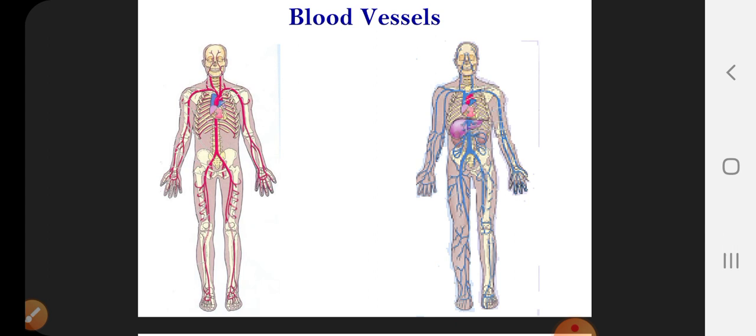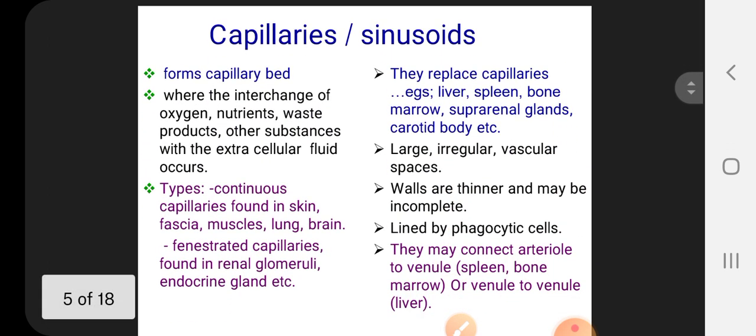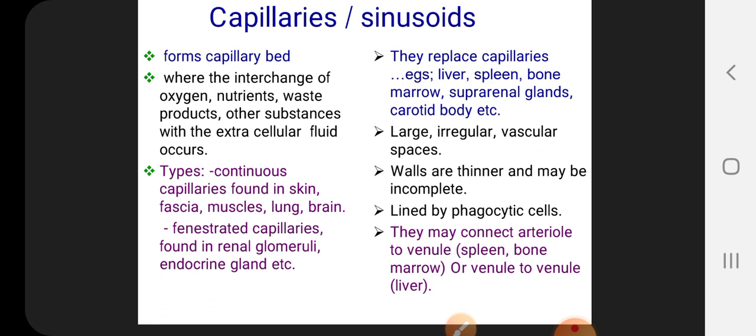So in this diagram we can see two types of blood vessels. One is in red color, that is the arterial tree, the different types of arterial system. The one in blue color is the venous system. So what is an artery? An artery is a type of blood vessel which carries blood away from the heart. A vein is a type of blood vessel which carries blood towards the heart. So these are all about the arteries. So you got elastic artery, muscular artery and the arterioles.